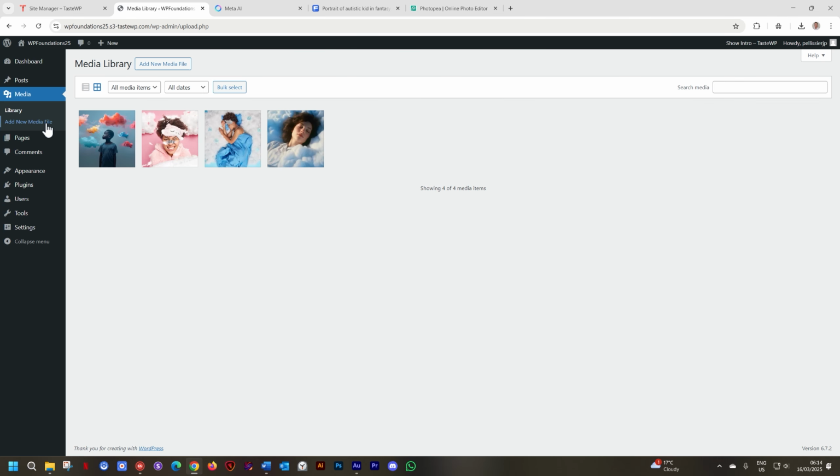This is the media library, and you have the library below it. You can say media library or add new media file as sub-links for this media library. For me, though, since I've started just using the on-page drag and drop, and I format my images before the time and I do it properly, I hardly come to the media library since I've started this new way of working. In the past, I used to farm here all the time. Nowadays, I hardly come here.